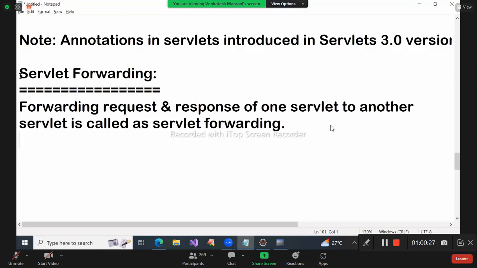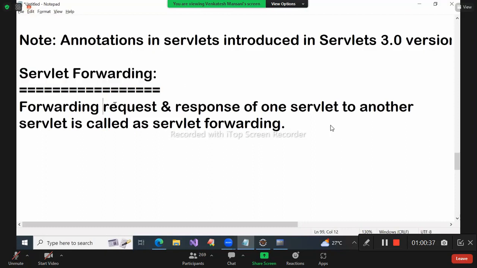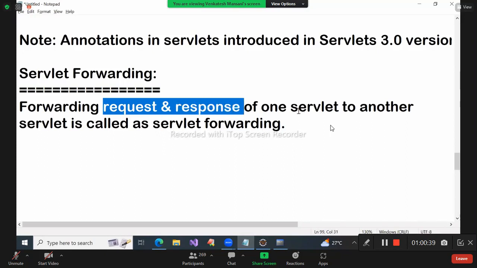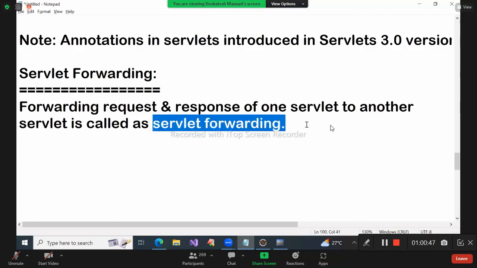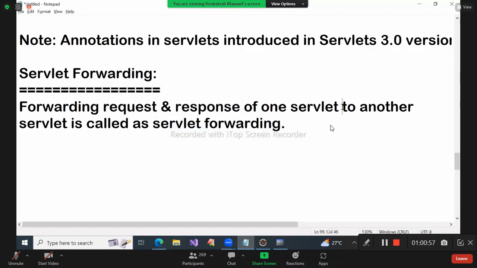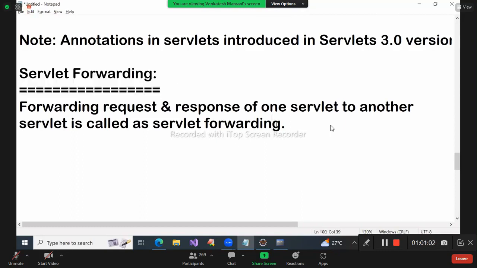See, the concept name is Servlet forwarding. But the Servlet is not forwarded. What is forwarded? The request and response of one Servlet is forwarded to another Servlet. That is why we call it Servlet forwarding. That Servlet is not forwarded to the next Servlet. Only the request and response are forwarded to the next Servlet. That concept we are calling Servlet forwarding. Okay. Now